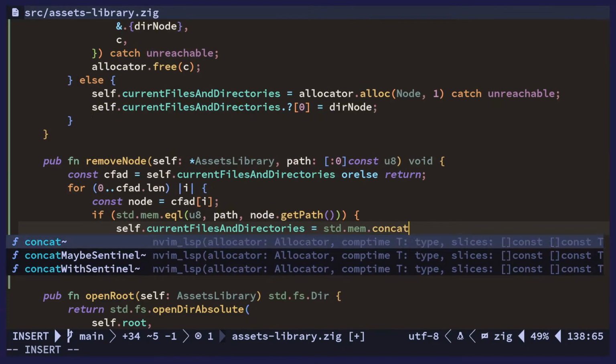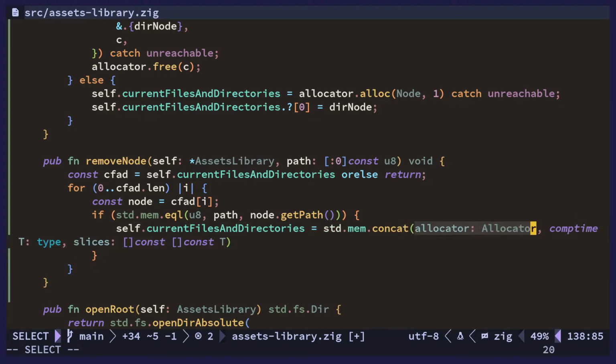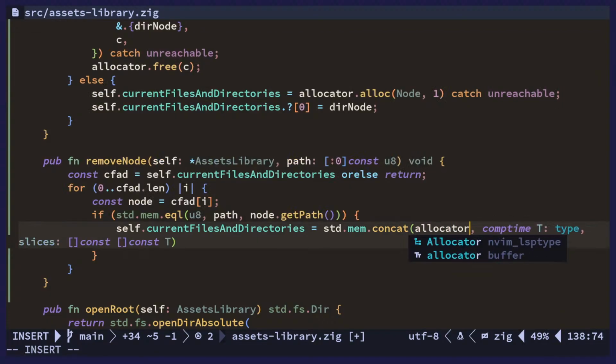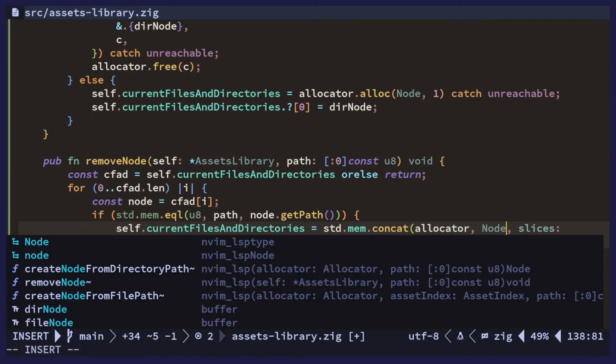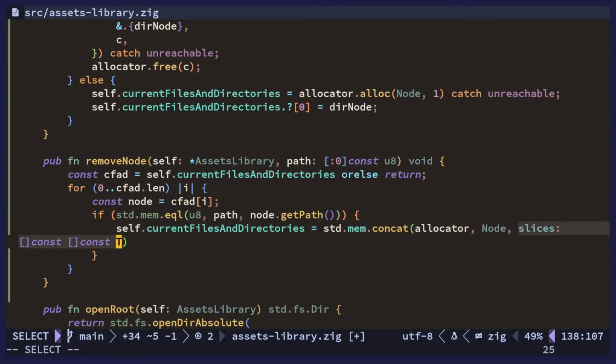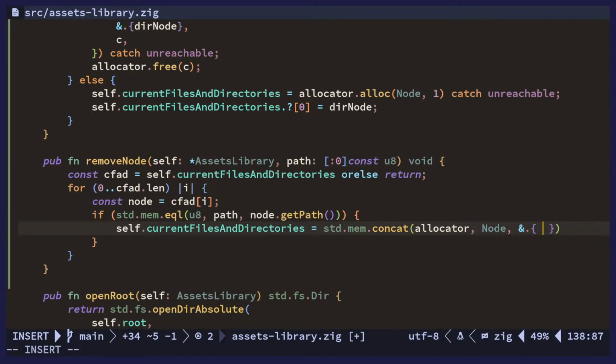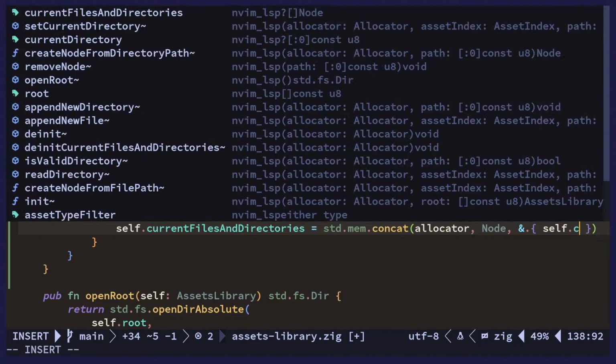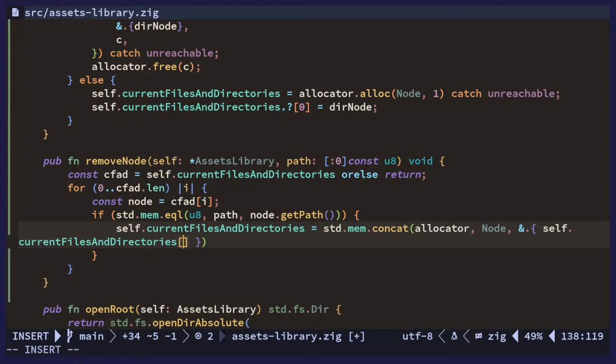Concat. All right, let's do concat. We need an allocator. The type is going to be node. The first slice is going to be this, 0 to I, and then the next slice is going to be